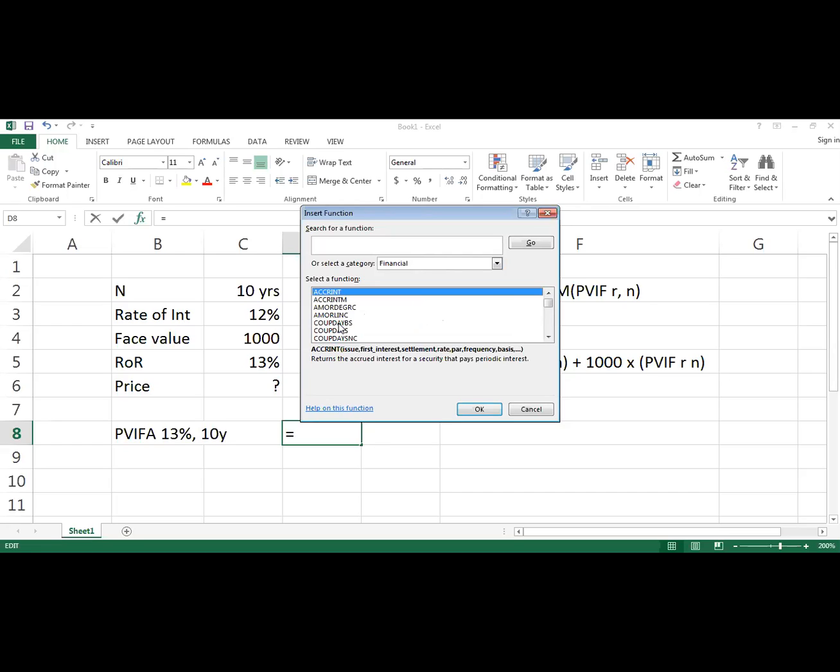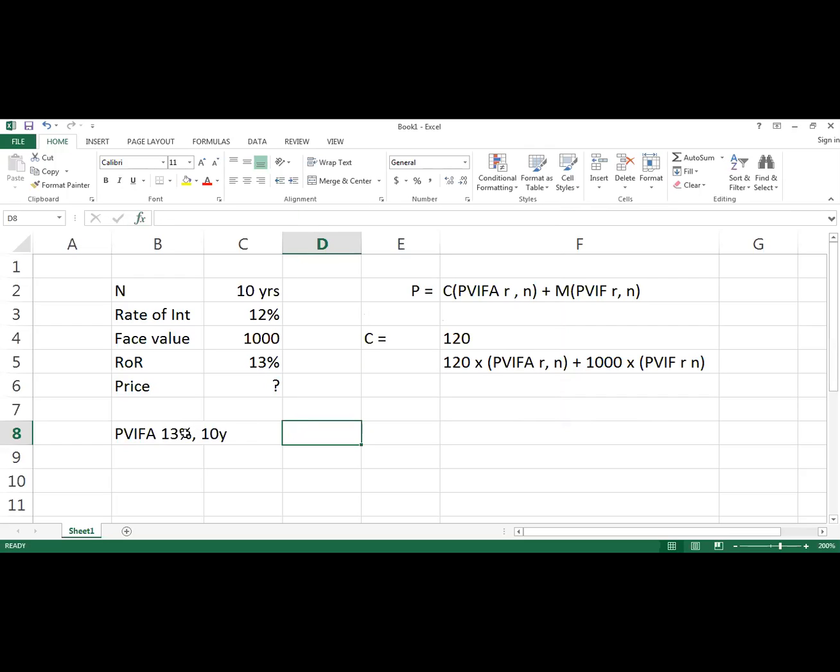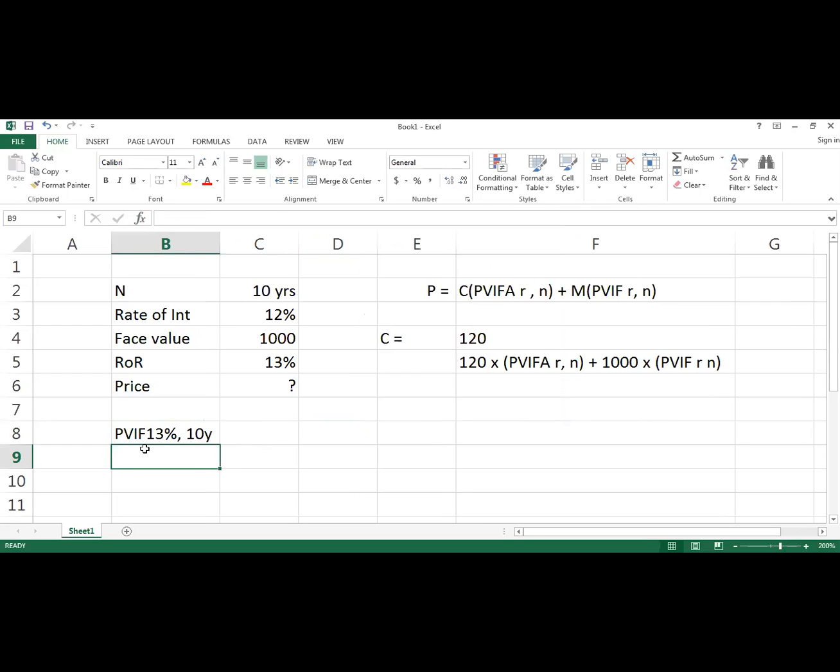Are you able to understand what I'm trying to tell you? Yes, sir. First, if things are getting too complicated, I'll do one thing. I'll first tell you how to calculate present value interest factor only. Forget about annuity. Annuity is a bit complicated. I'll first tell you how to find out present value interest factor only, right? Now, go to functions,